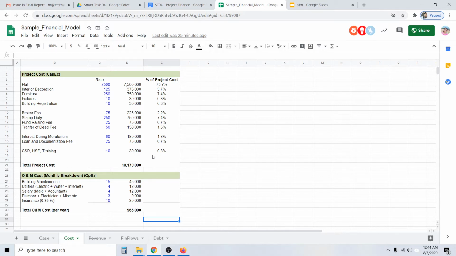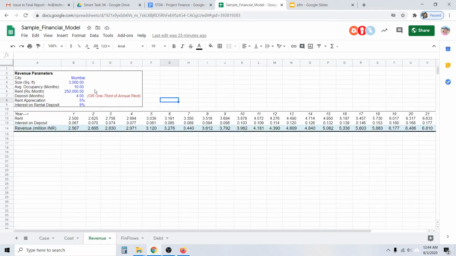But more important is you get the capex and opex from the client, or lump sum capex or lump sum opex to make a lump sum calculation. And then when you get the actual capex number, you just change the capex numbers, and the financial model gets more fine tuned.